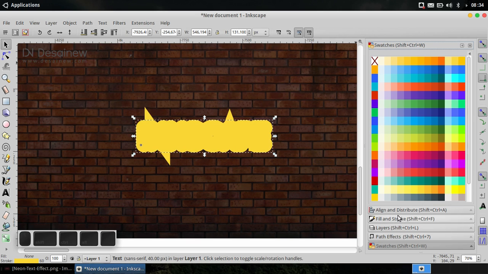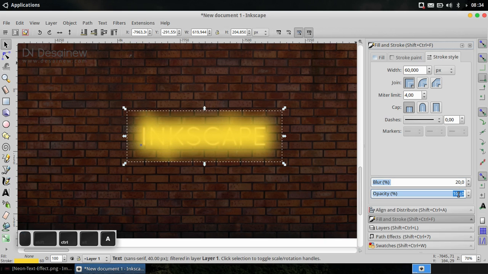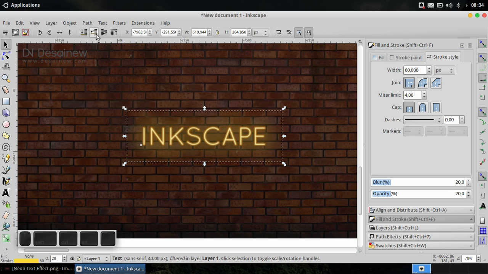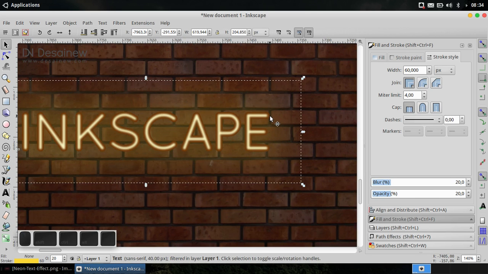And then give a blur effect, fill in number 20, and for opacity it is 20. Click lower selection one step. Okay. And then next we will create a drop shadow.